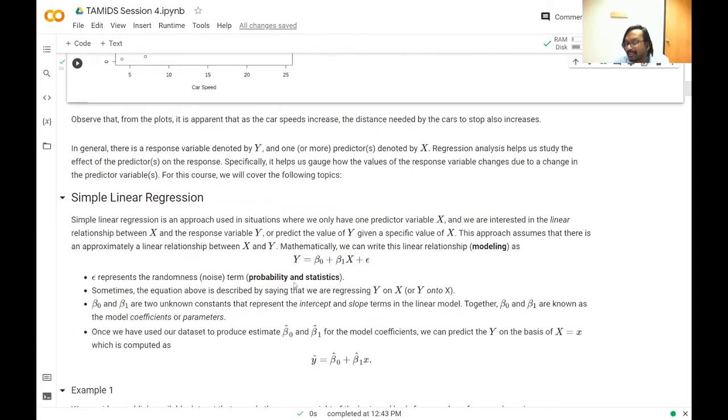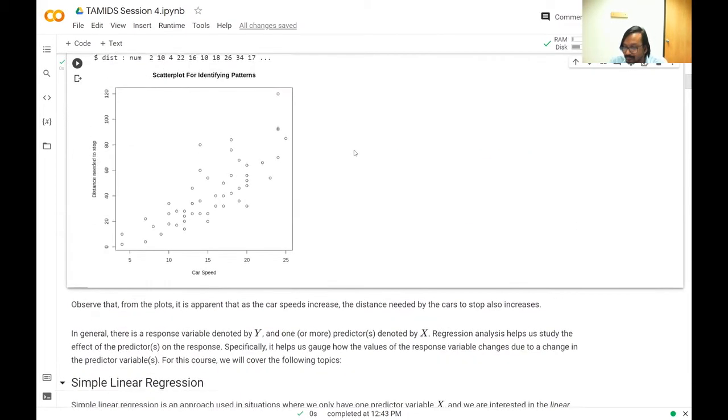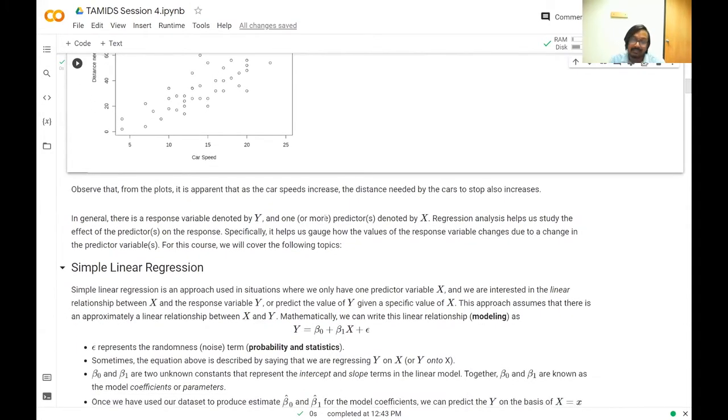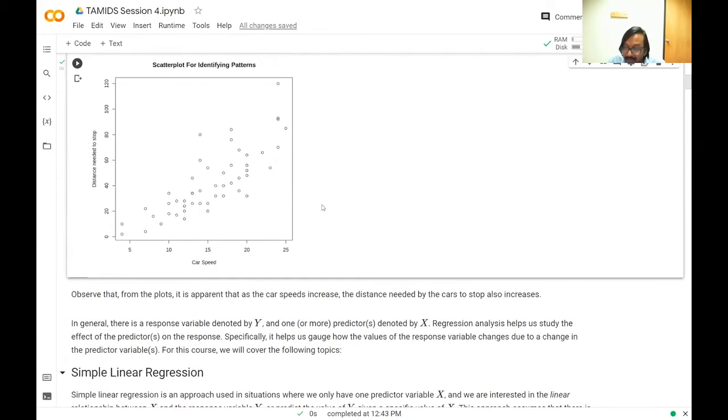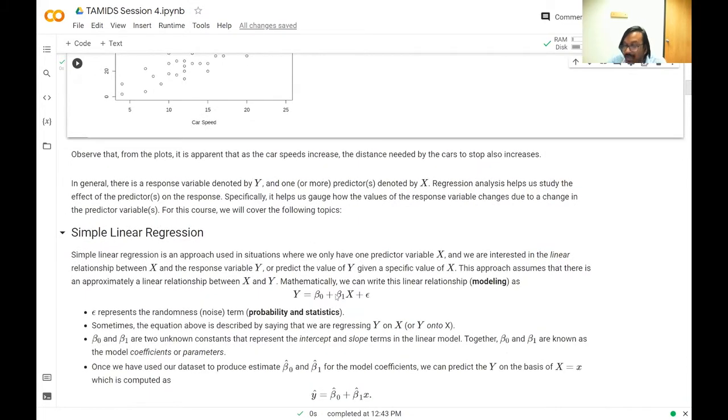So when we are trying to extract this pattern and we are extracting the linear pattern, that means we are trying to understand the intercept term and the slope term. These two terms, beta naught and beta 1, become the model parameters. These are the terms that we are trying to estimate. These are the terms that the machine is trying to learn through experience, and by experience, I mean through these data points. The more data points the machine has, the better its guess of the intercept term and the slope term is going to be.